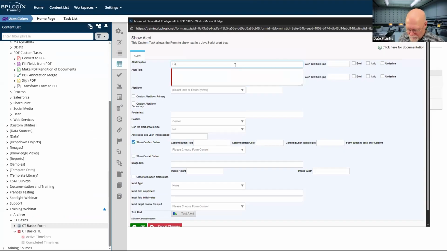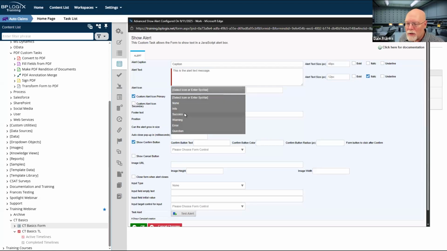So for my caption, I can set the alert text size and I can also set whether it's bold, italic, or underlined. So if I want to have 48 point text, or 48 pixel text, I guess I can. And if I want to have this is the alert text message, and I want that to be, I guess, italic, and let's use 12px. Let's just make it very difficult to read.